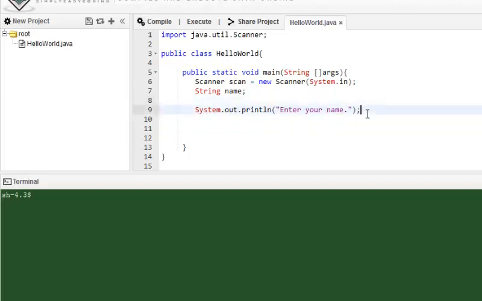Alright, so the next thing we want to do is assign the value that's typed into the keyboard to the variable name. To do this, we use the Scanner object, then we use the word next. And that's it. So line 10 is going to tell the computer, after it prints this to the screen,